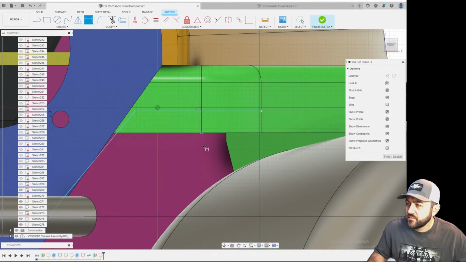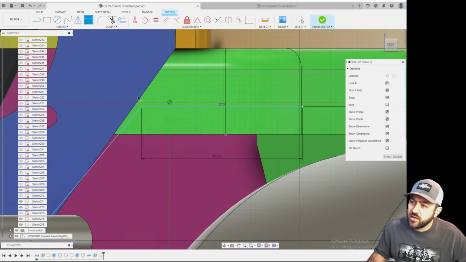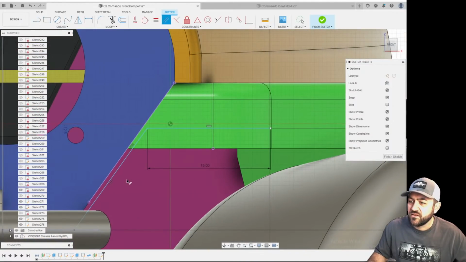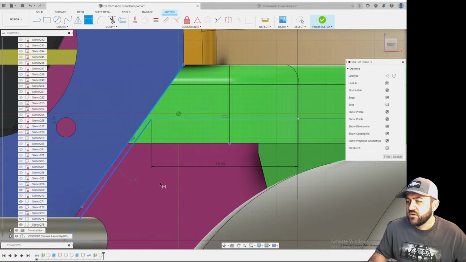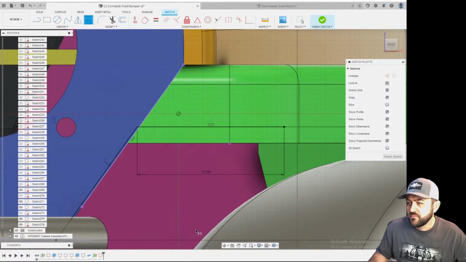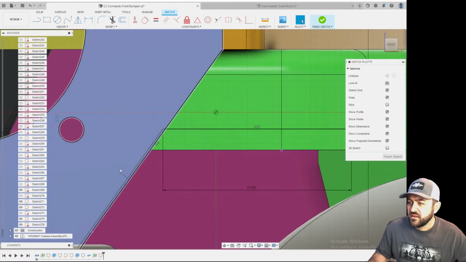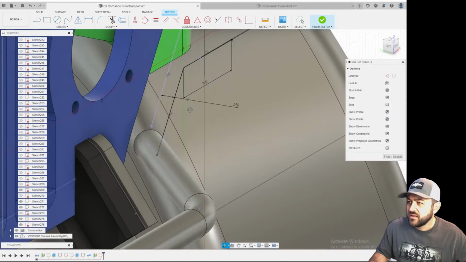What's that? Let's go with 15 for now. I'm going to do a parallel constraint between the grill and this. Let's see what that looks like. That doesn't look bad. I don't hate that. And then we'll force this 2.5. It didn't. Oh, it's in 3D space, so it's a little bit of a